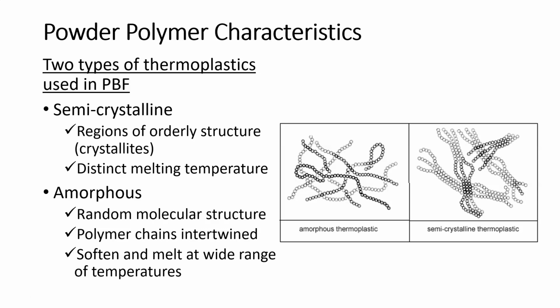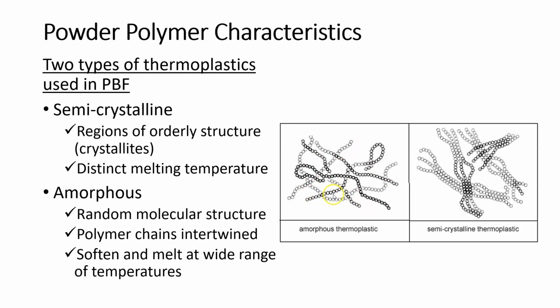So there's two types of thermoplastics that are used in powder bed fusion. We have semi-crystalline and we have amorphous. We talked about this a little bit in the vat photopolymerization lecture, but the semi-crystalline looks like this on the far right hand side, and you can think of these as more or less orderly strands of polymers. You can see it kind of looks like there's just rows. It gets a little bit wild here in the middle and on the ends, but nothing